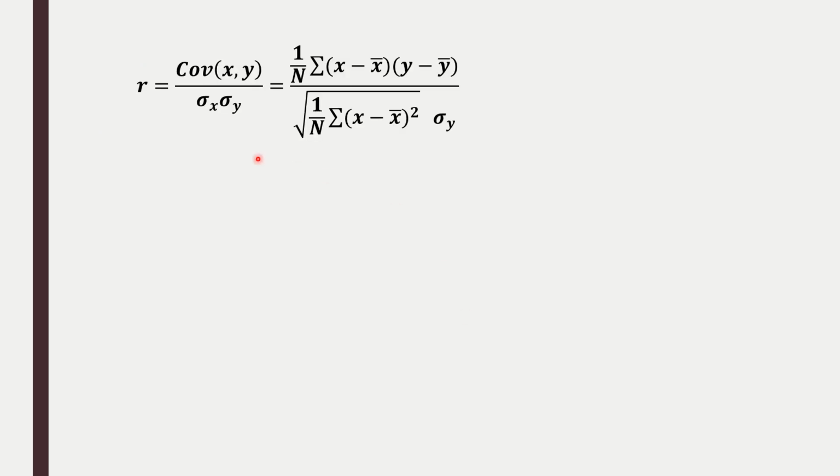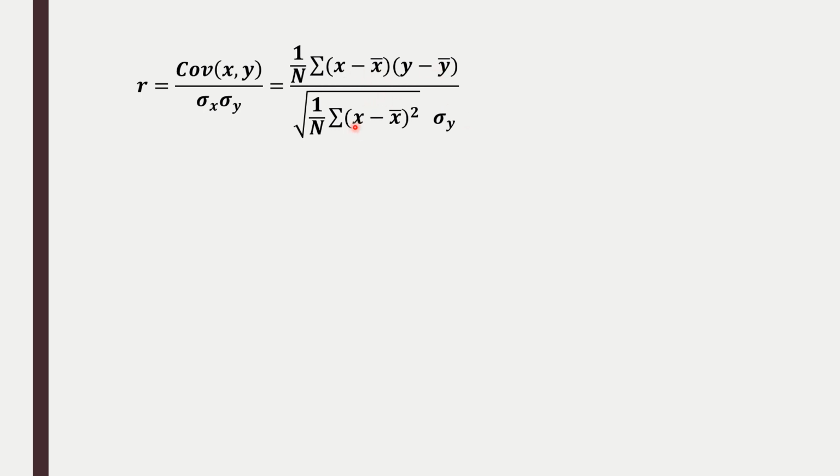Okay, so now we have to apply this formula for coefficient of correlation. R is equal to covariance of x comma y upon sigma x sigma y. Now sigma y is given in the problem. Sigma x is not given, so we're making use of the formula for sigma x. Covariance is not given directly, so we're making use of the formula for the covariance. This is the formula for covariance, this is the formula for sigma x, and then sigma y is given directly, so we need not apply the formula for sigma y.